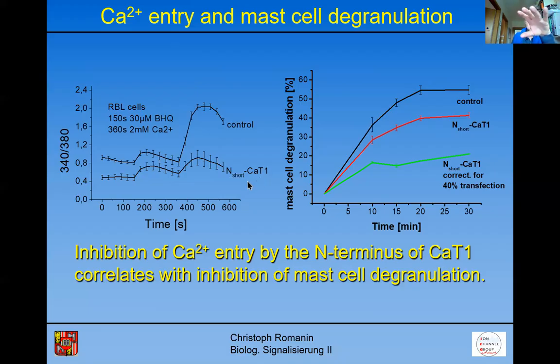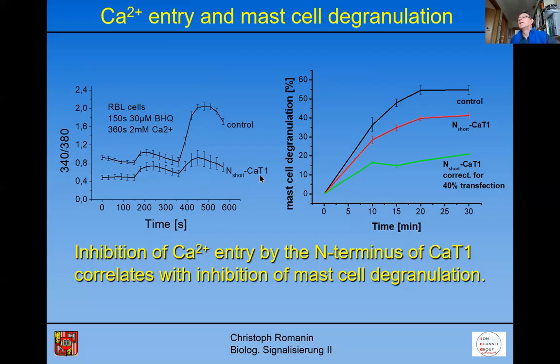You can nicely see here, when we have now, with the endogenous CRAC channels, the amino terminus of CAT1 expressed, there is a clear decrease in the cytoplasmic calcium concentration, which is obtained when calcium is put to the extracellular solution compared to controls. So we have quite a similar result. The endogenous CRAC channel leading to this calcium influx is inhibited when the cells express the amino terminus